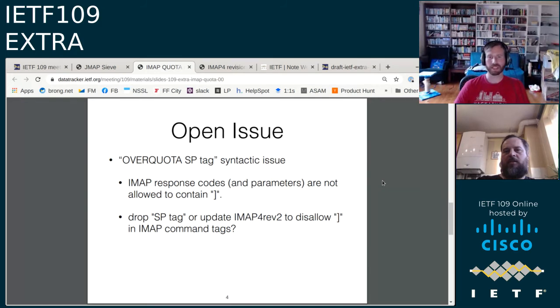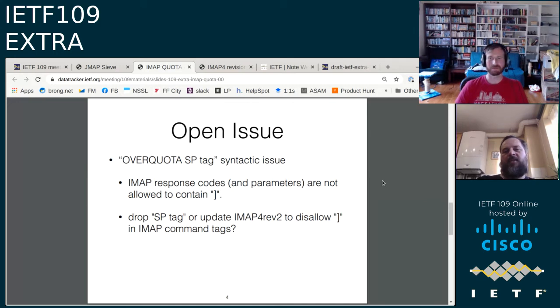I would be pretty happy to say once you've enabled IMAP4rev2, you're not allowed to use that in tags. But the problem is, what do you do for IMAP4rev1 clients? Do they not have this OVERQUOTA supported? Is it something that only gets turned on in IMAP4rev2? Or do you not generate them if the tag is bogus?